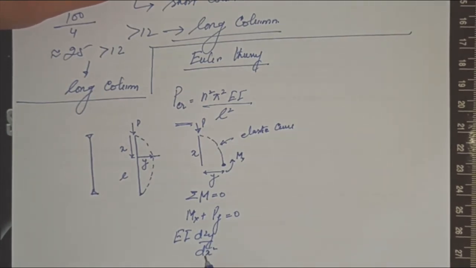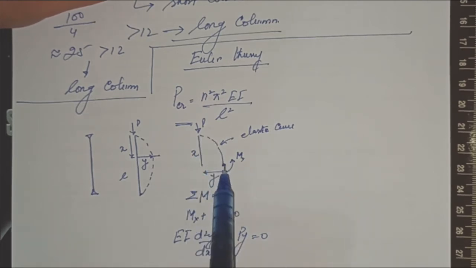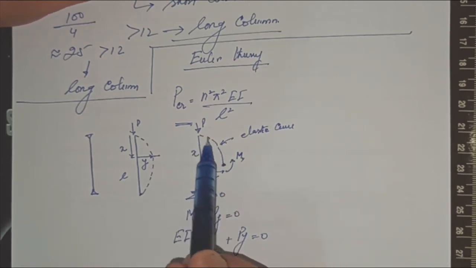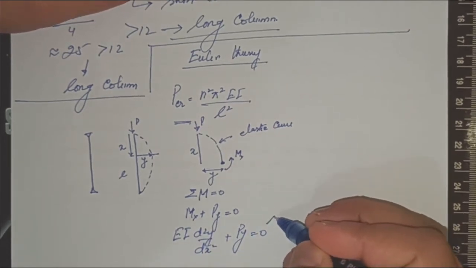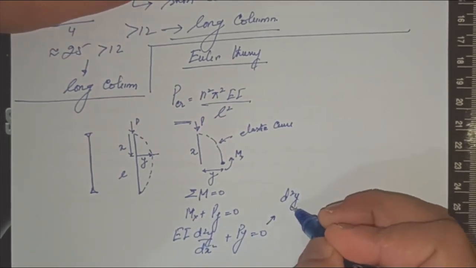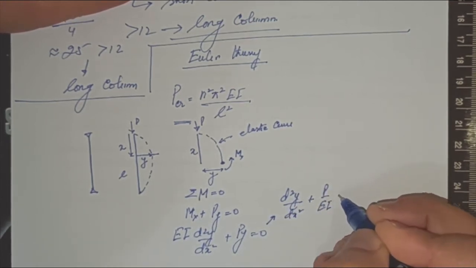So d square y by dx square. This equation, you have also seen in the bending of beams, the deflection occurring due to the beams. This is the equation for the elastic curve, the elastic nature of the beam, and we are considering that this is not linear. This deformation or the buckling occurring here is occurring on a particular variation. That means d square y by dx square is kind of a slope. So the solution to such type of equation, we can further make this equation in a proper way: d square y by dx square, a differential equation of the second order, plus P upon EI y is equal to